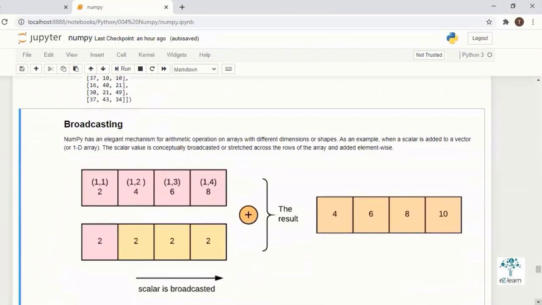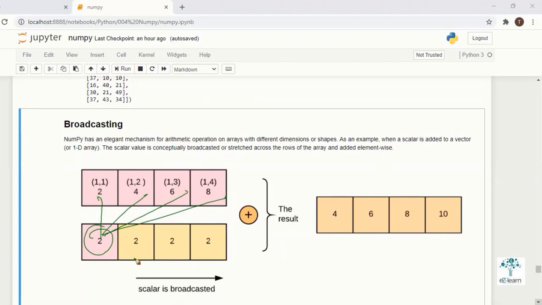The next thing is broadcasting. What is broadcasting? We have seen some element-wise operations, and some scalar values. If you add a scalar, the scalar value gets added to all the elements. How is this done in NumPy?